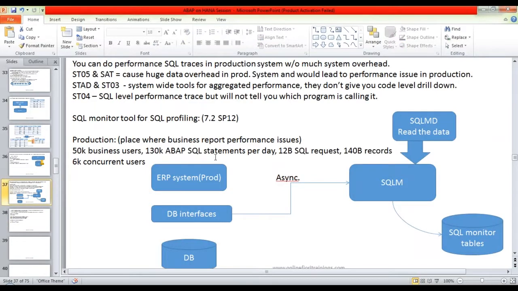So let's quickly first jump to this tool, which is called SQLM, the SQL monitor tool. With the help of that, you can start the trace in the system, and then once your business is executing the transactions or making use of the system day-to-day, it asynchronously keeps on collecting the data and dumps it into the SQL monitor table. And then you can use the SQLMD transaction to read the data and download this data as a dump in your system, and then upload it in the ABAP system,